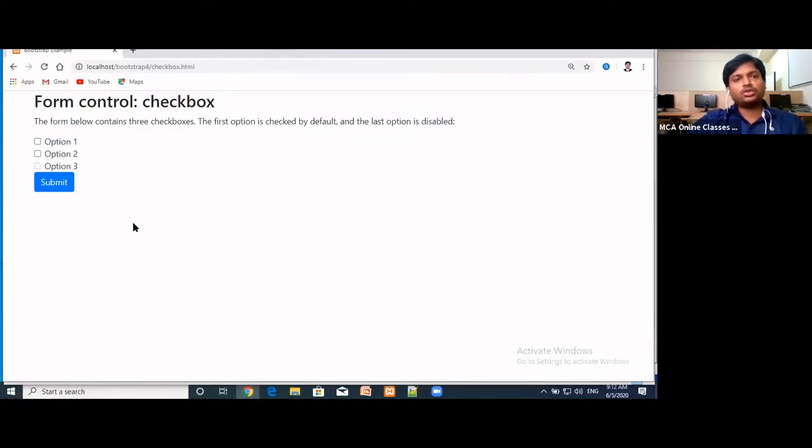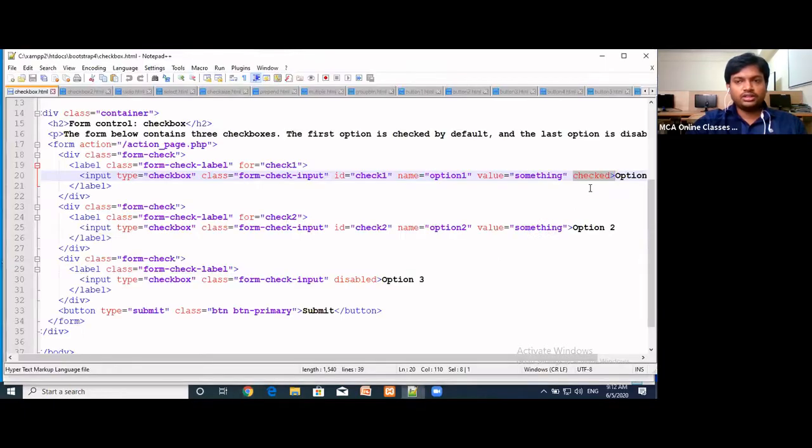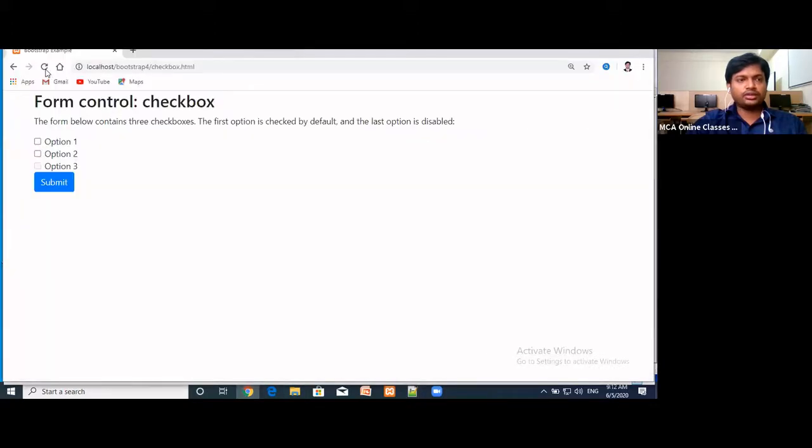Whenever we want to add checkboxes in our web pages, we can use these classes. Here the first one is checked, so automatically whenever we go to that web page, it will be selected. Multiple options can be selected.